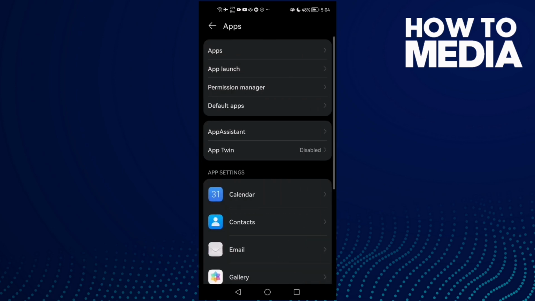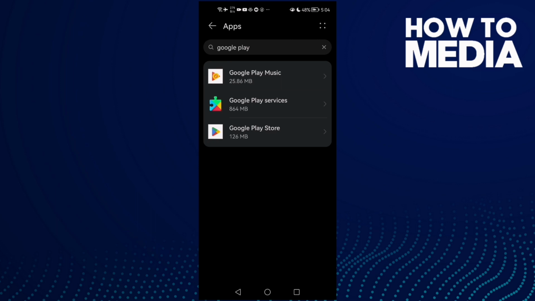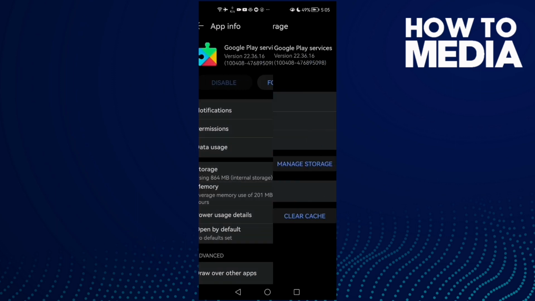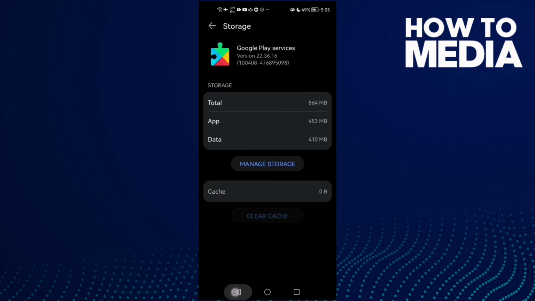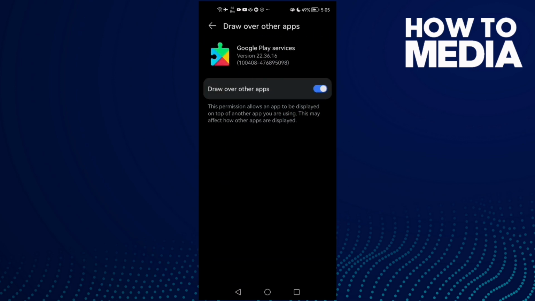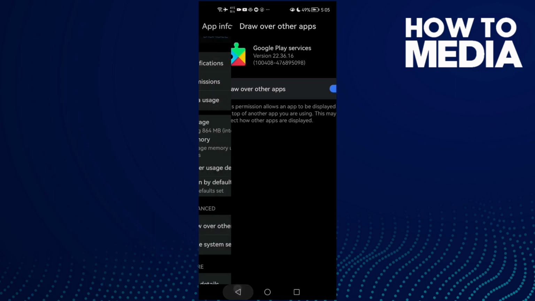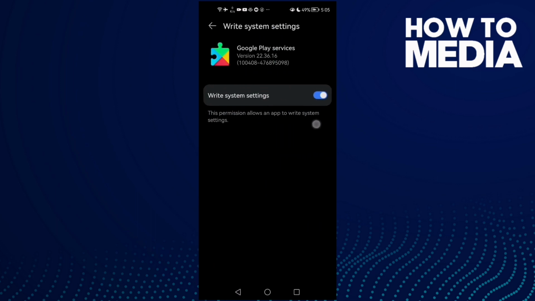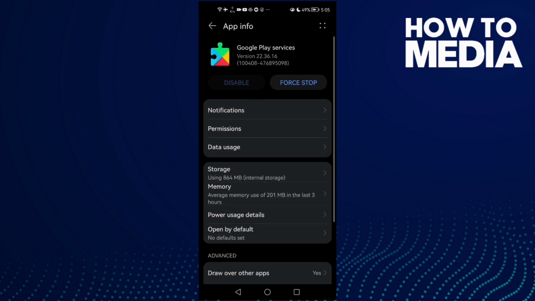apps, and then click apps again, and here you will find type Google Play and you will find Google Play services. Click on it and then click storage and clear cache, and now click draw over other apps and make sure it's enabled, and then go to right system settings and also make sure it's enabled, and then go back